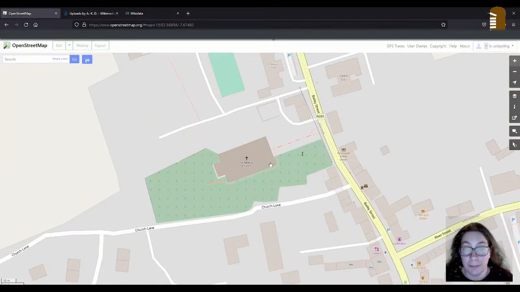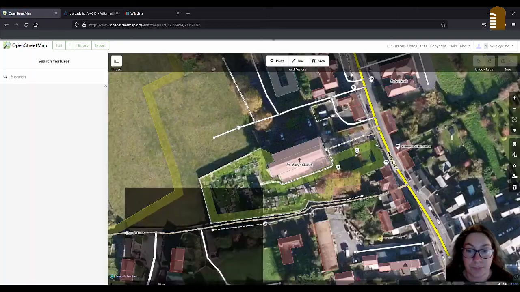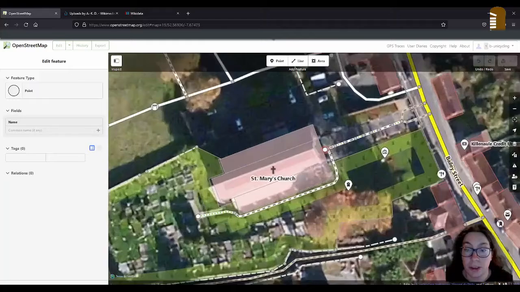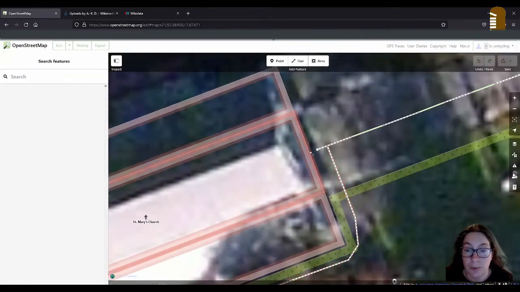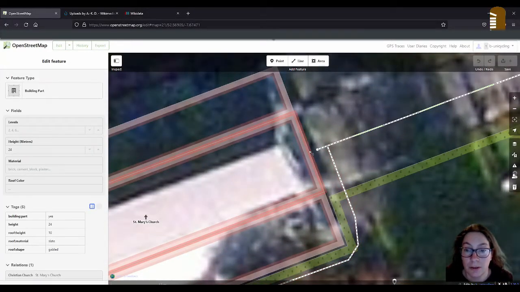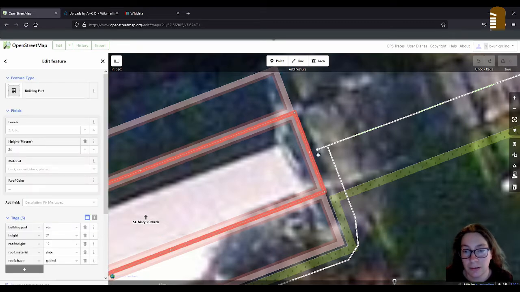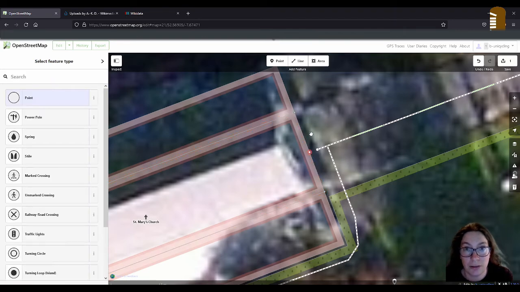So on OpenStreetMap, you see I've added more details like the flights of stairs and a footpath around the church and all that. So we're just going to go to Edit and zoom in on the church. The first window is on the northeastern side, kind of in the middle. If I highlight this, you see the little arrow here, and that's in the middle of the line. So I'm just going to double click there to create a new node and make sure I highlight the node and not the whole building or building part.